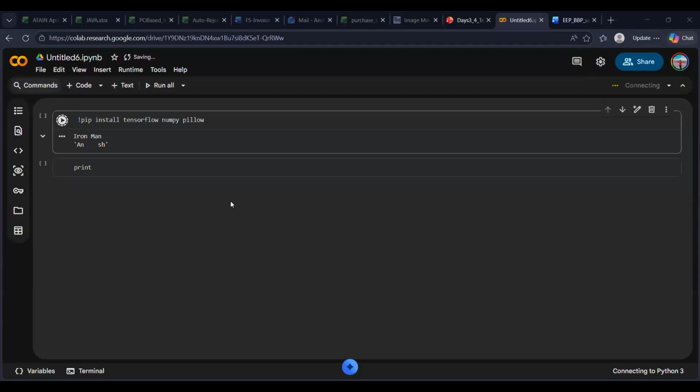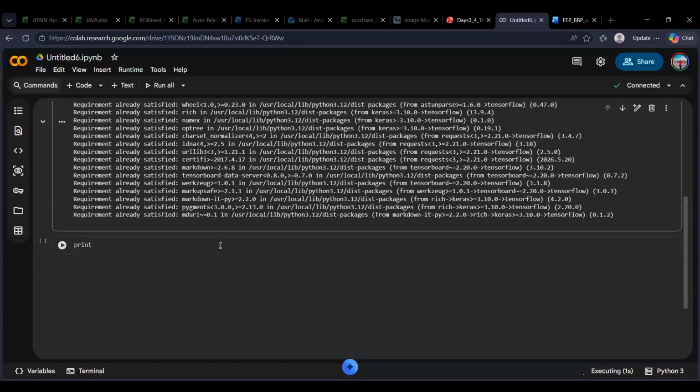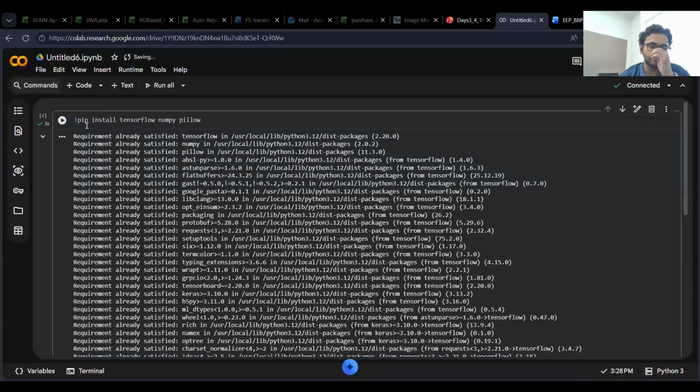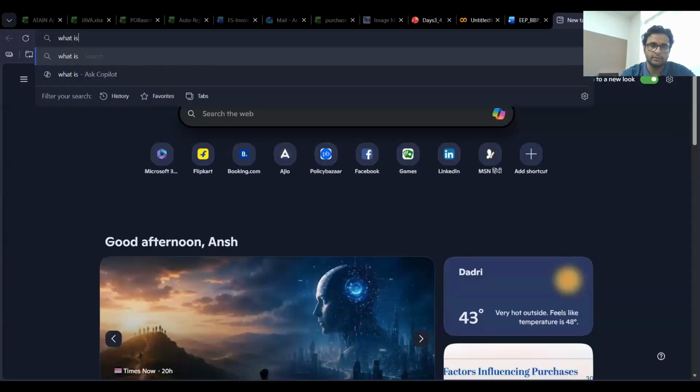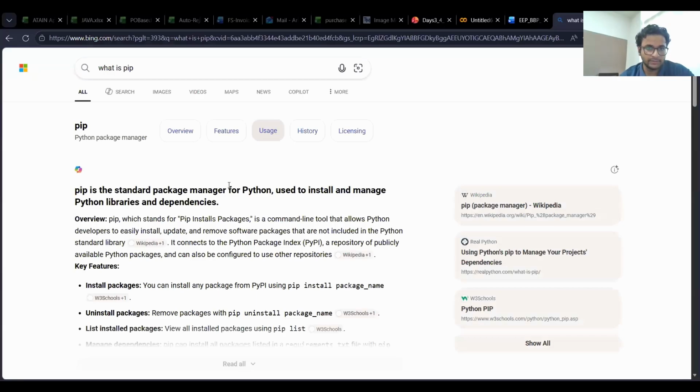Sir, can you tell me the use of this code? Is this the code of Teachable Machine or something else? Pip is the standard package manager.